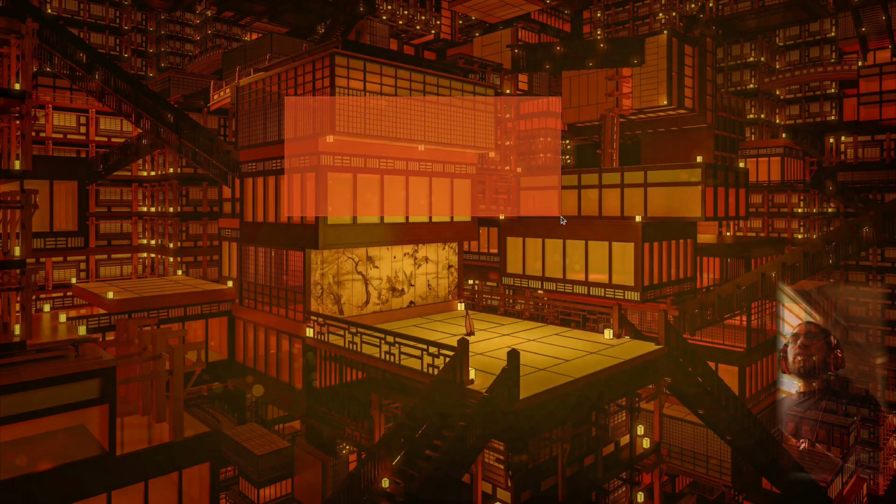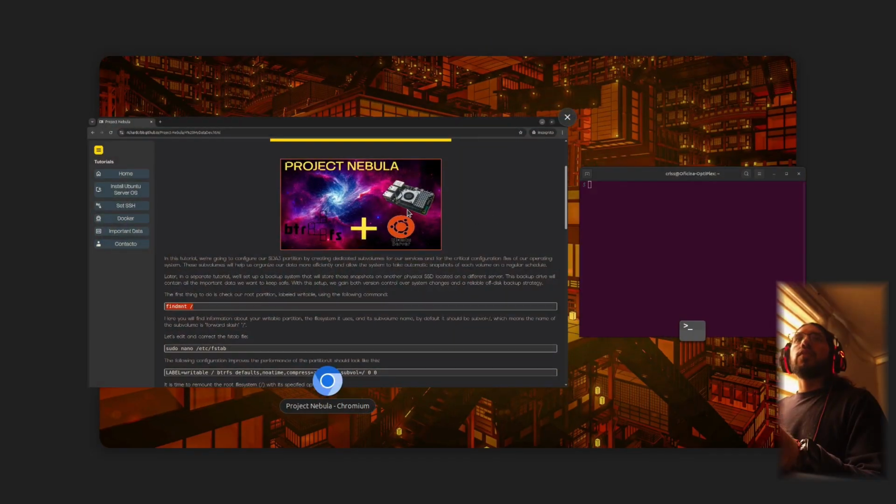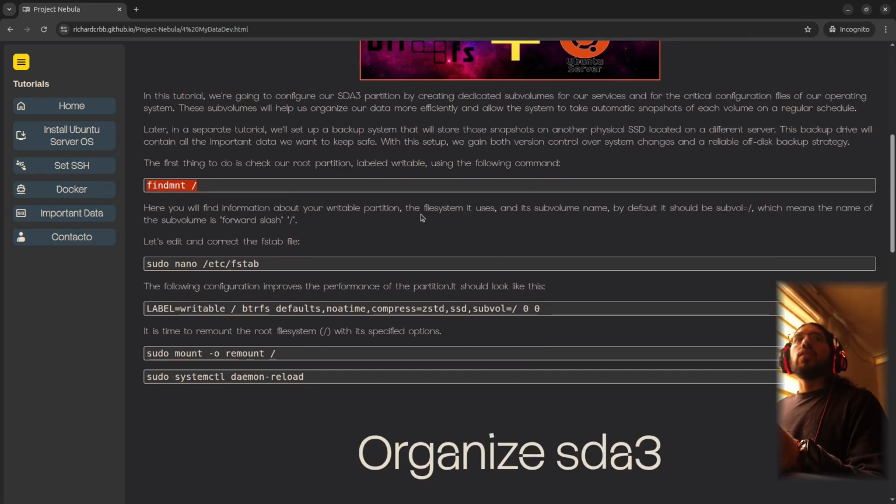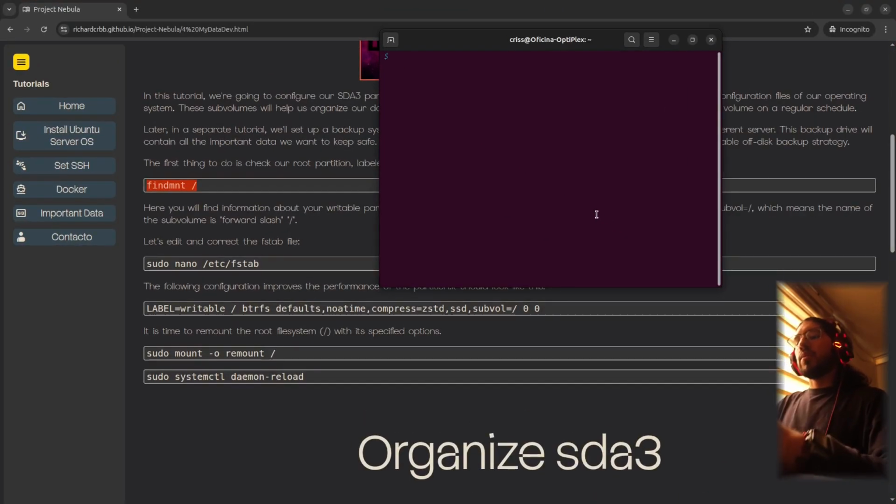Okay guys, let's start with the tutorial. In order to follow this tutorial, you can go to the description and you will find the link to this website that is the guide. So the first thing we need to do is find out the information about our root partition and the mount point. To do that, we will log in to our server